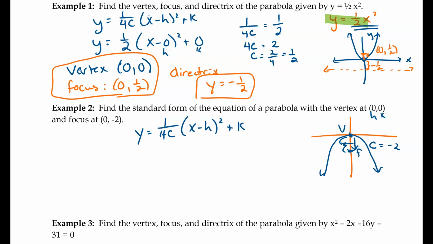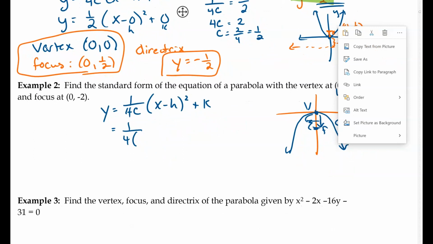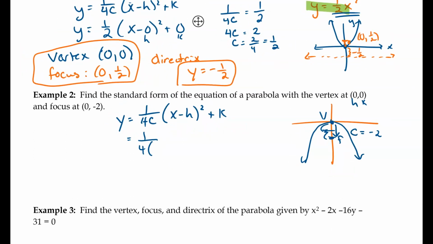Well, let's plug in all of our values. We get 1 over 4, and c is -2 because we went down in order to get our parabola. So we got here a -2. And then times the quantity, well, what are h and k? They're 0. So x minus 0 squared plus 0. And what do we get here? y equals -1/8 x squared, because x minus 0 is x, and then we don't have to do the 0. So this would be the equation